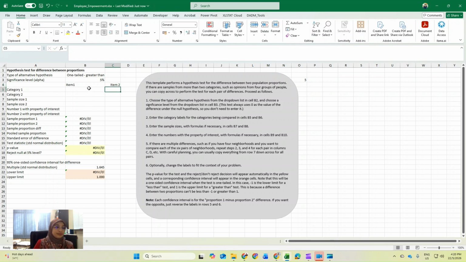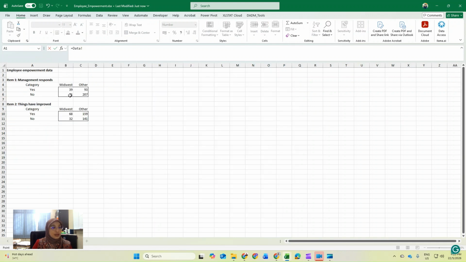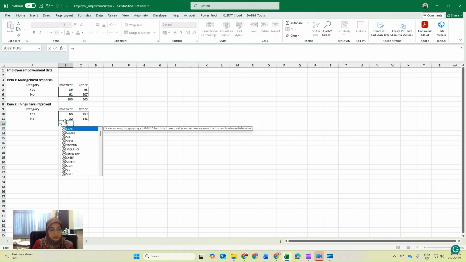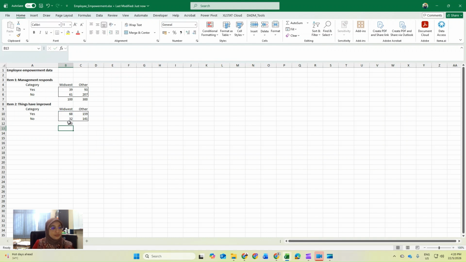Yes and no. For sample size 1, first calculate the sample size equals to the sum. Enter, and again equals to the sum.